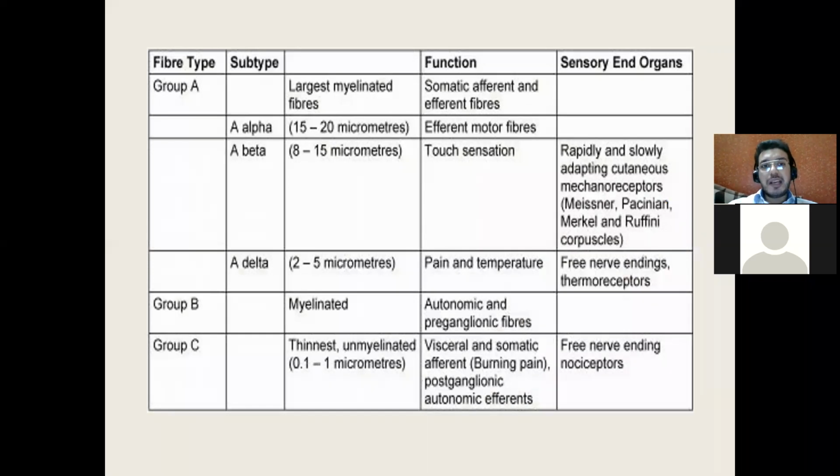When you talk about group A nerve fibers, they are the largest myelinated nerve fibers. They carry all the somatic afferent sensations. Afferent means sensory. When you see A delta, I'm pointing out A delta because A delta is concerned with pain. A delta is 2 to 5 micrometers. It is very, very narrow, and it carries